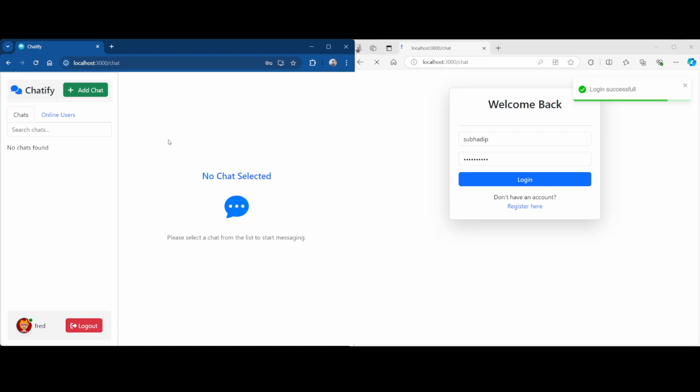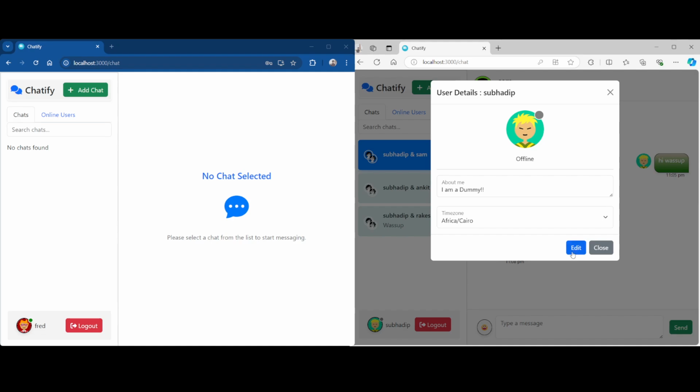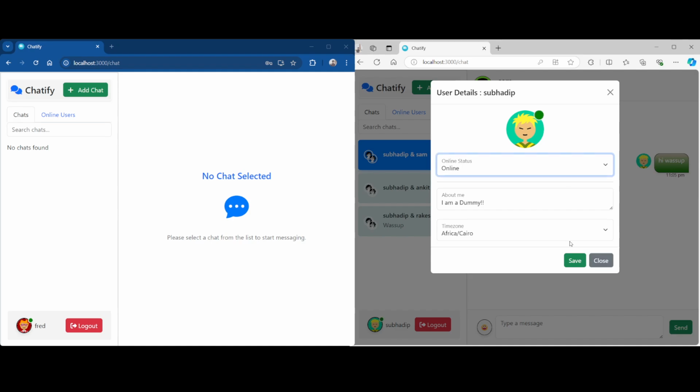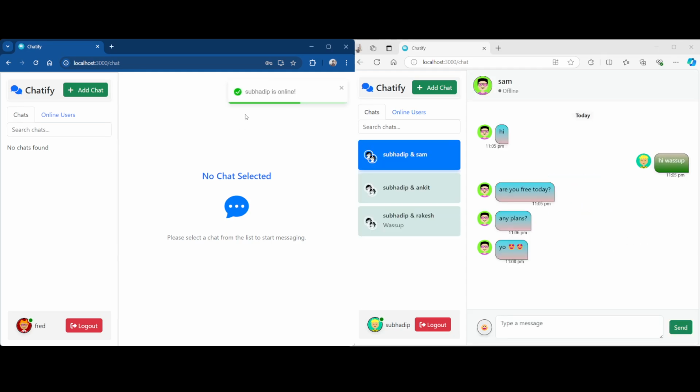and once this user logs in, I should be able to see. Okay, there. So there is one more feature that I have enabled where I can choose whether I want to be shown online or not. So here, as you can see, as I have kept myself offline, it doesn't show. But once I put it online and save it, it reloads, and